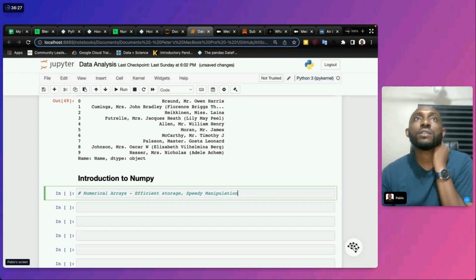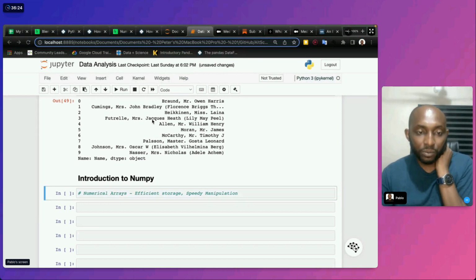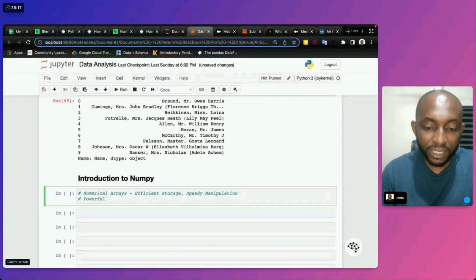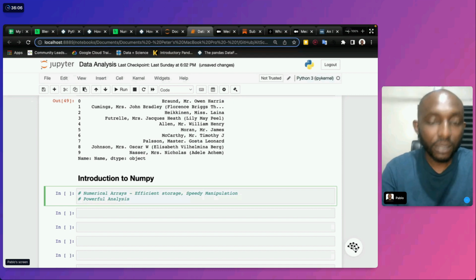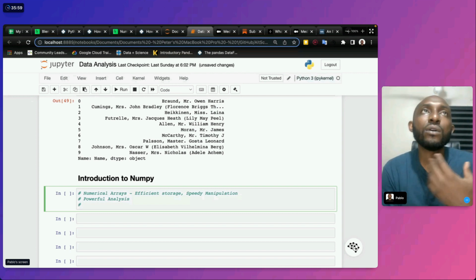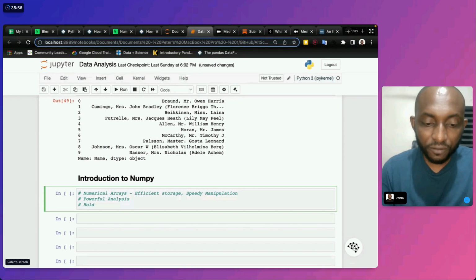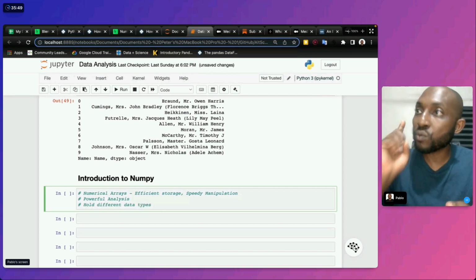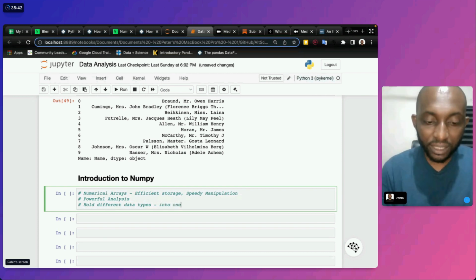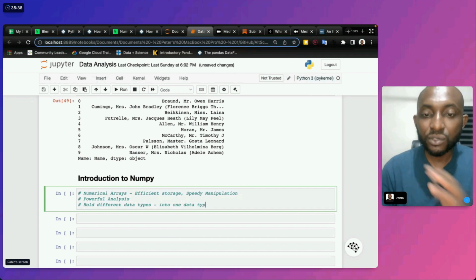It also helps to do powerful analysis. It can hold different data types, but it only sees them as one data type, which means it can take text and convert it to one data type, making it easy to read through.